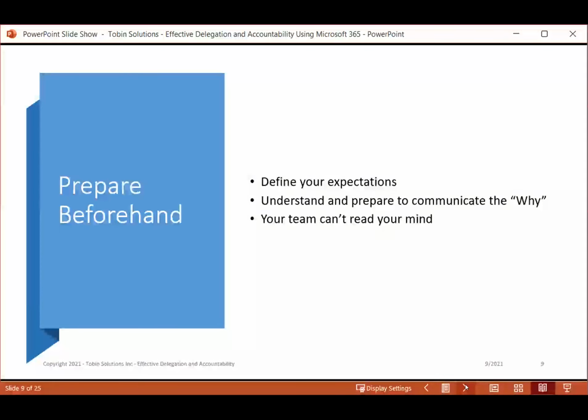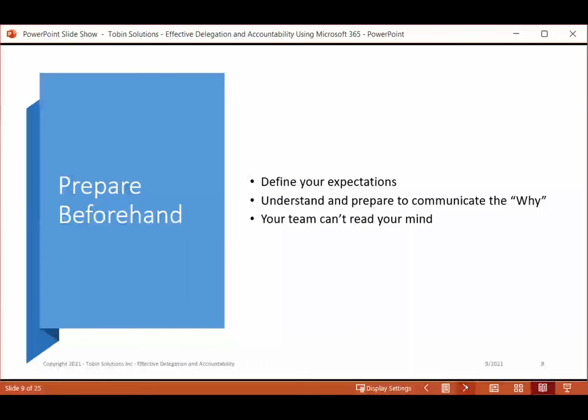Another area when preparing beforehand, that's that first step. This isn't actually in the book. This is something I've kind of just learned along the way and from other resources. But you really want to think about what your expectations are around this task. And I like to think about the why of the task. When we're looking at tasks, we get into the whole doing. I got to go do this, got to go do that,